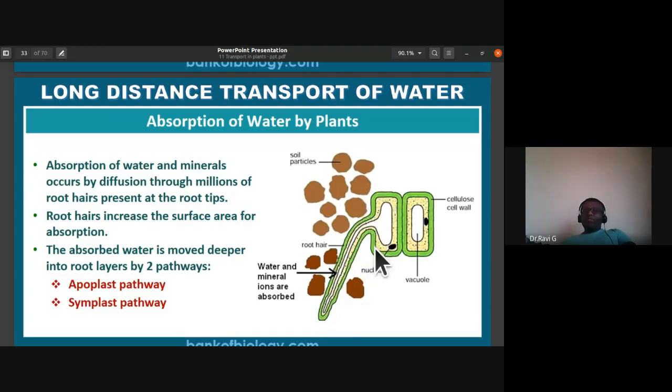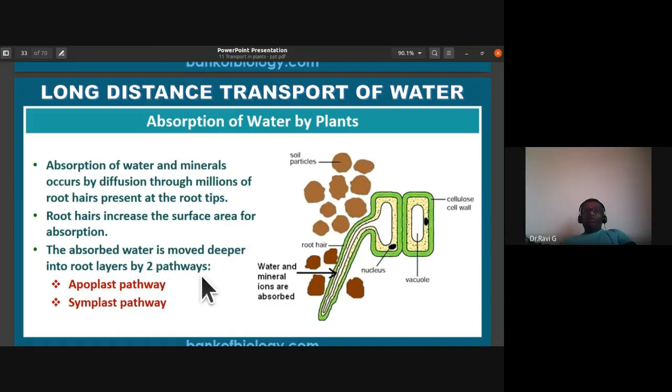Just assume the epidermal cell did not have root hair, then they would have only this area for the absorption of minerals and water, which would be very little surface area. Since they have a unicellular extension of root hair from their cell, you can see the surface area has increased for water absorption as well as mineral absorption. Also, the growth of these root hairs leads to places further than where the root is located. So that is also an advantage. So root hair increases the surface area available for absorption.